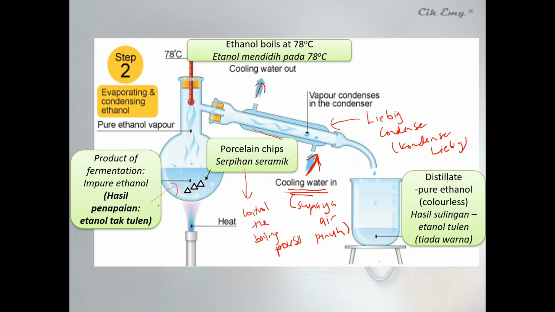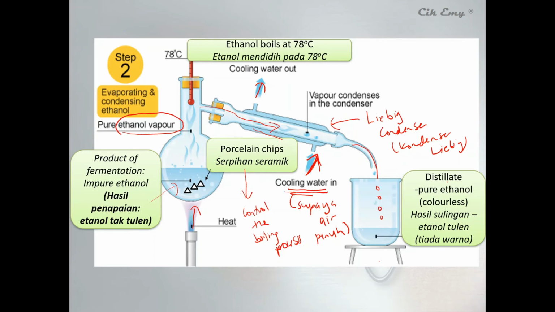Okay, so proses dia macam tadi cikgu cakap, once you heat the mixture at 78 degrees Celsius, the ethanol turns into vapor, turns into gas. So this gas enters the Liebig condenser and it will be condensed into